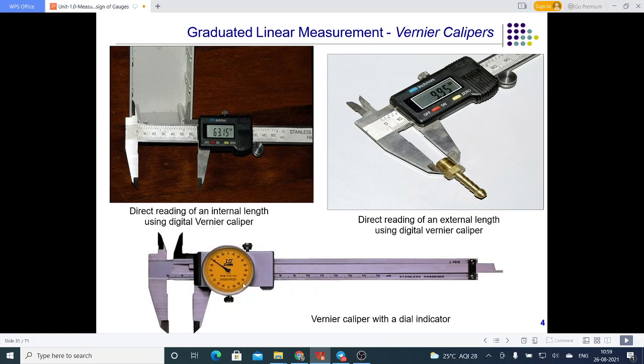Here a dial is shown, so it is called a vernier caliper with dial, or dial vernier caliper. And here directly digital reading is given, so it is called a digital vernier caliper. Using the upper two jaws, you can see the inside measurement we are doing here. Here outside diameter we are measuring. Like that we can use the vernier caliper.